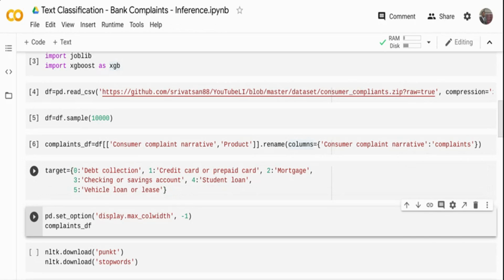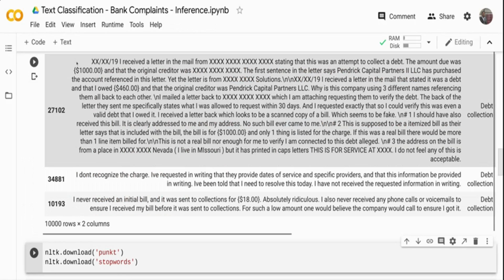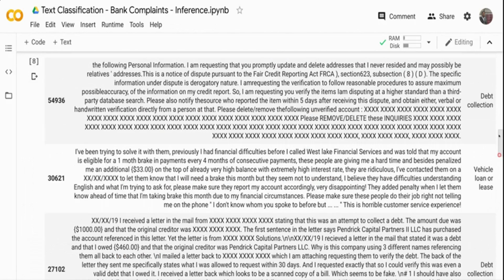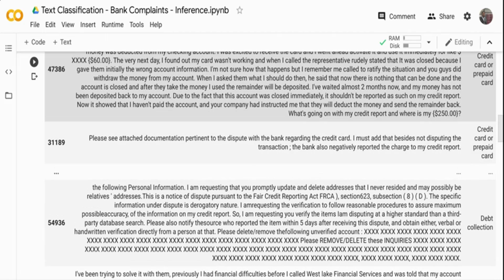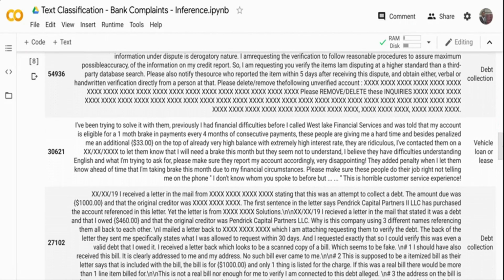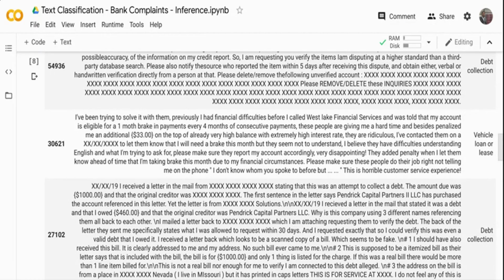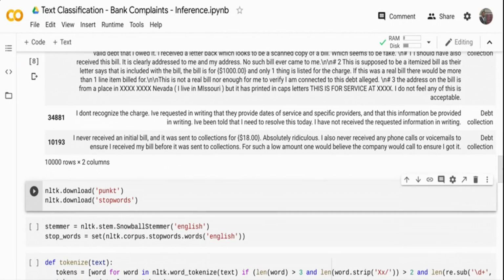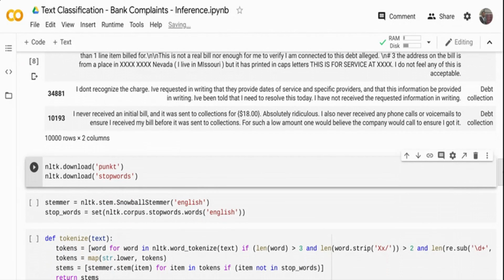Let me quickly print the complaints data frame that was on the top. You can see this is the text column that we are going to use to check our model. This is the target value, which we'll use for the metrics comparison, to see how our model is performing. We just want to make sure we are getting the same metrics that we saw during training, right? That's the reason I have the target column as well. Otherwise, I'm not going to use the target column for actual inference, because when you're running in production, you may not have the target column. You may get a value and you are predicting it, right? But this is only for the deployment pipeline.